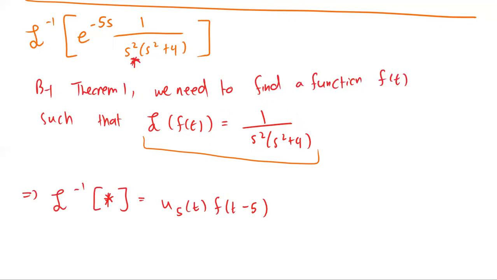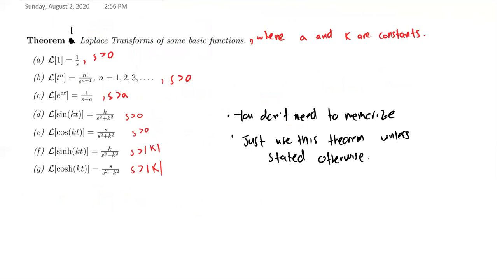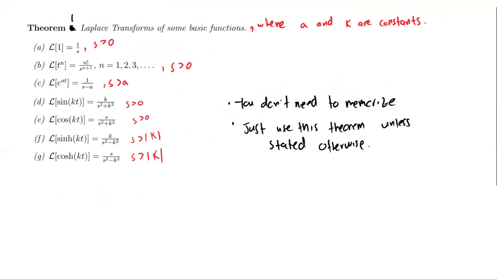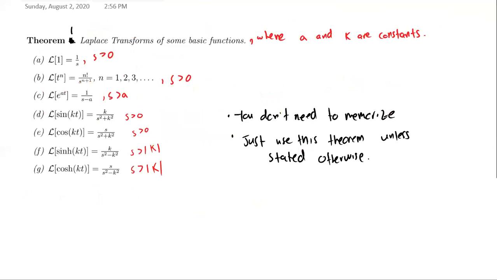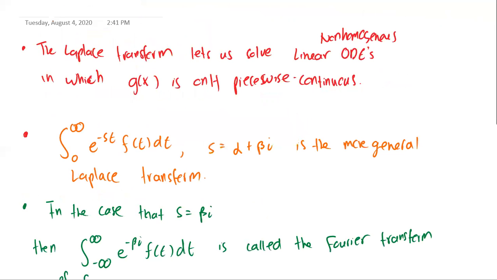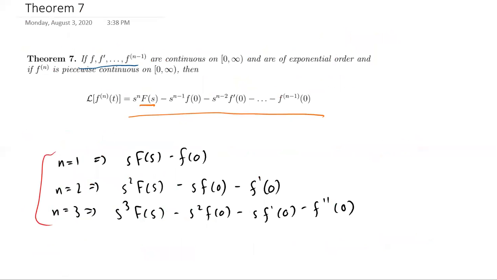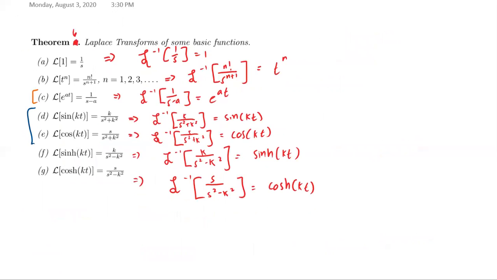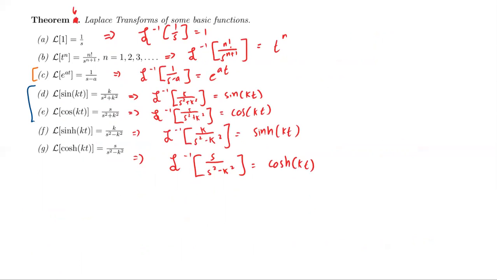Now, this doesn't have the form of anything. If you look at our formula sheet, theorem 6.2, I think. So what we have is 1 over s squared times s squared plus 4. That by itself doesn't have the form of anything. But if we write it as a partial fraction, then it does, because it would have a